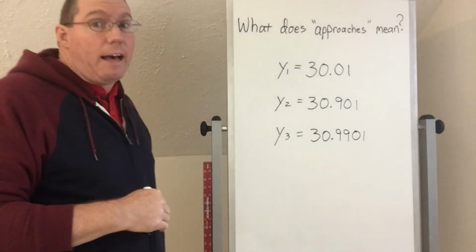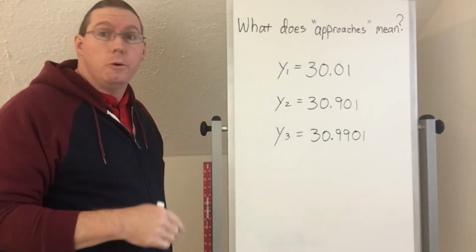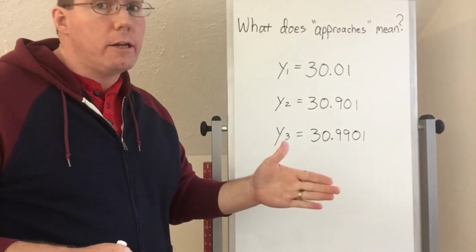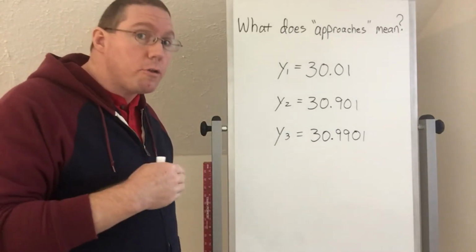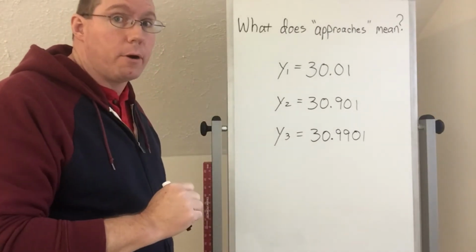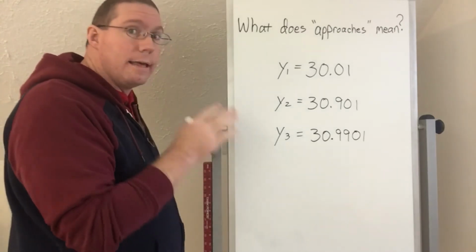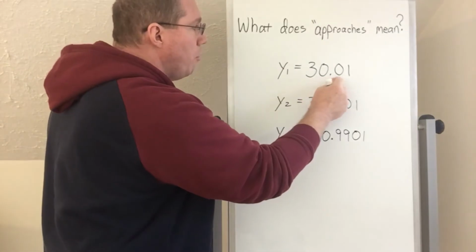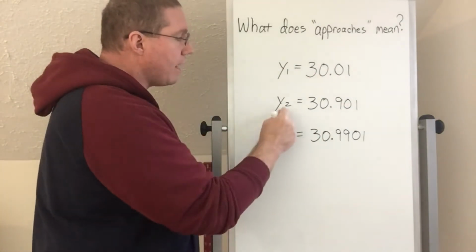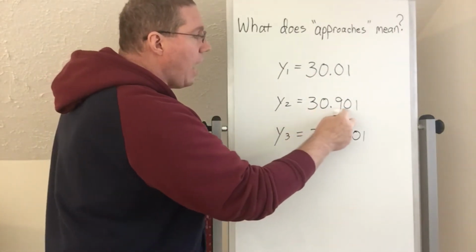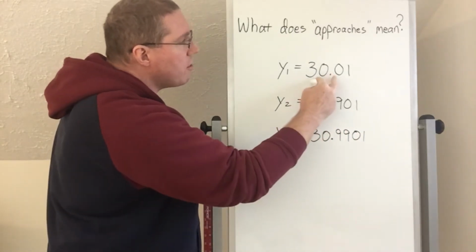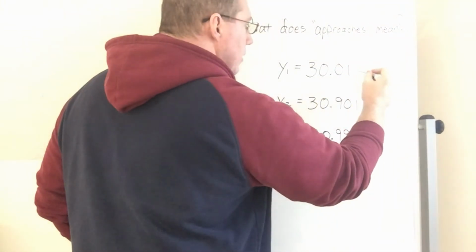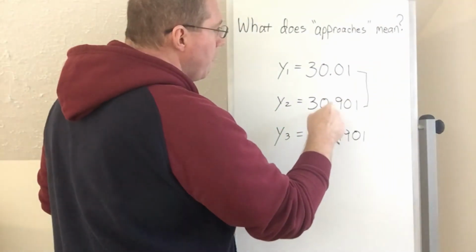Now instead of an x value, we're saying it's a y value, which is just fine. Like I said before, x is incrementally getting closer to a number. Y is also incrementally getting closer to a number. So let's see what number y is getting incrementally closer to. Well, our first y value is 30.01. Our second y value is 30.901. So what happened to this? This number, this 30, got a little bit larger, right? How much did it get larger by? Well, it went from